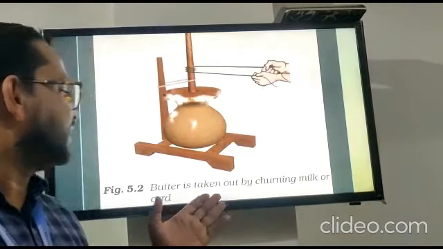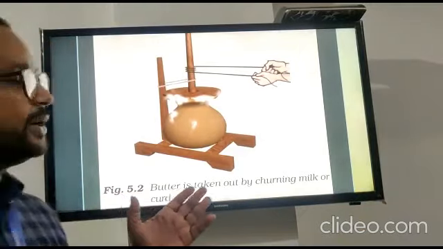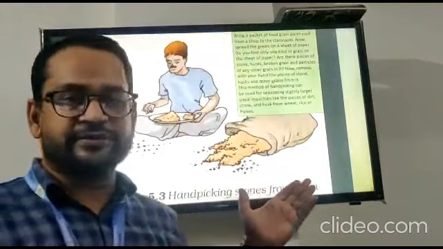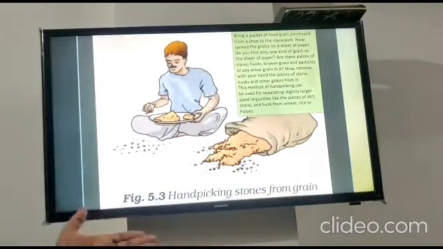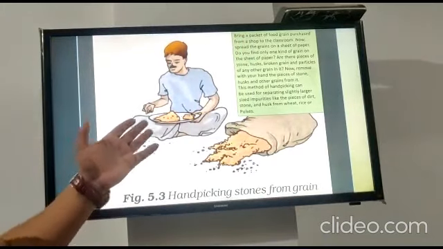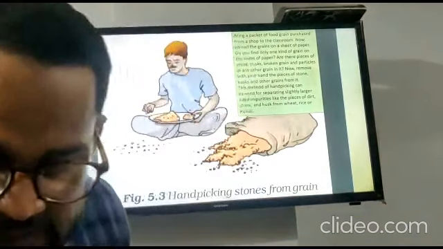The butter is taken out by churning milk or curd. That is also a process which is used for separation. The next, you can see hand picking stone from grain. You can see a person just like this.